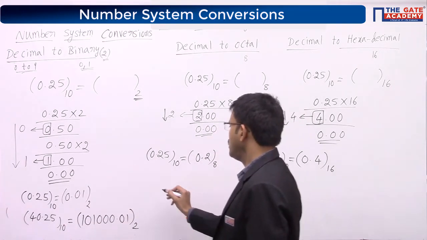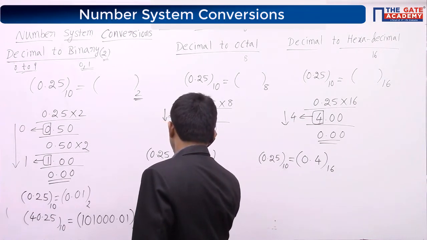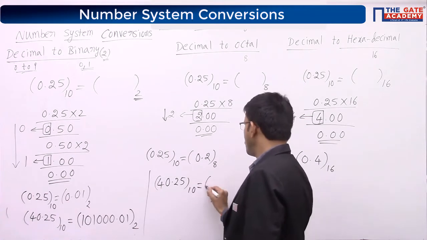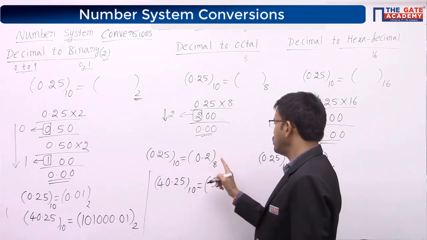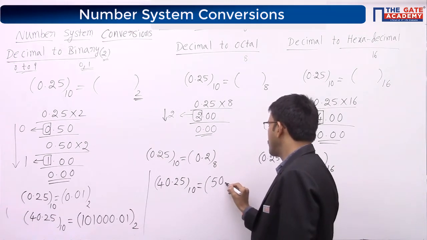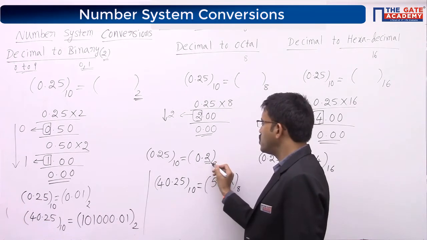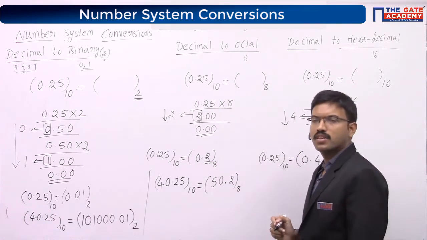Similarly for the octal number, 40.25 base 10. For 40, earlier you got 50 in octal, right? Now 0.25 you got 0.2, that means 50.2. Whatever numbers you are getting after the radix point, you have to place here. Similarly here,